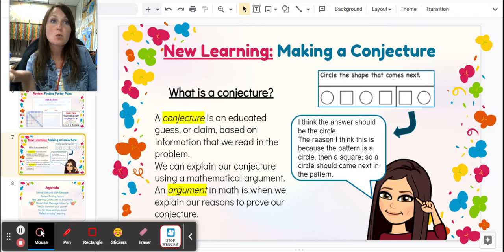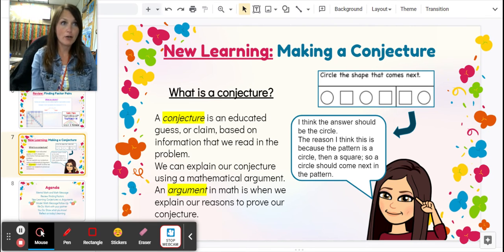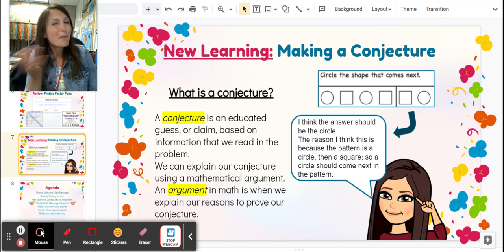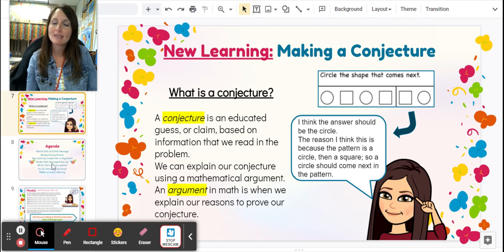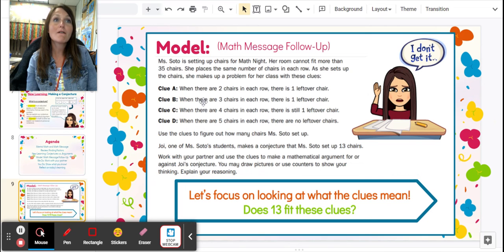Now, my argument is, why do I think that's the right answer? Why did I pick circle? What are my reasons? Well, the reason I think this is because the pattern is a circle then a square, so a circle should come next in the pattern. So my conjecture, my answer, is circle. My argument is the reasons why I chose the circle. So it sounds really difficult, but once you think about it, it's not so hard. Okay, so I'm going to go ahead and pause here, and then I'm going to come back and show you how I'm going to use all these different clues from the math message to help me figure out if this student was correct. All right,